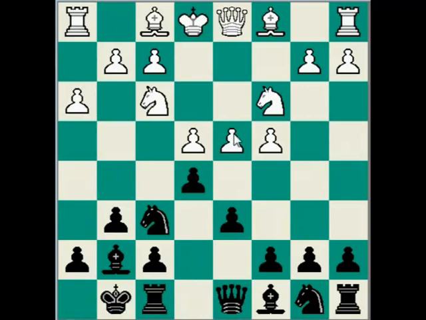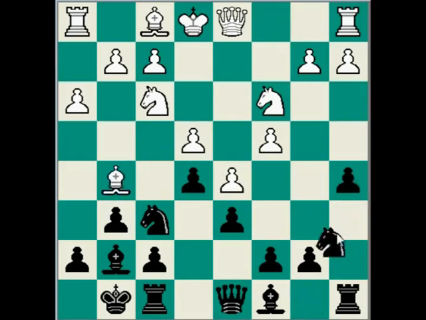So after d4, castling, h3 variation, e5, and after e5, d5, a5. Well, the normal move is knight a6, played by Kasparov and played in many games. I had it a couple of times when I was white. But a5 is another possibility. Bishop g5, knight a6,